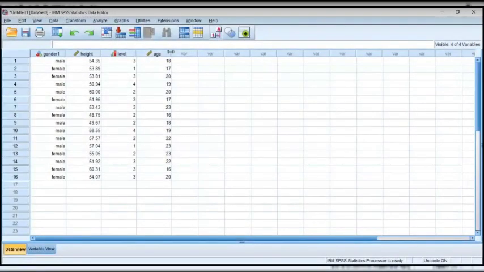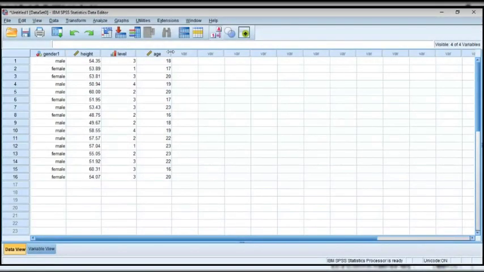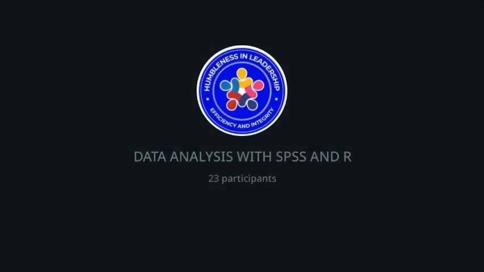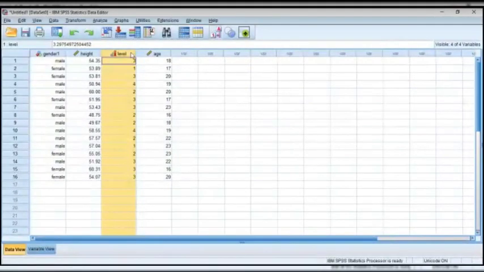Now, there are cases that will warrant us to create dummy variables. For example, level. It has 4 categories: 100 level, 200 level, 300 level, 400 level. Now, I might want to create dummy variables, and if you want to create dummy variables for this particular level, because it has 4 categories, we are going to be creating dummies for how many? For 3. And the last one is going to serve as our reference category. Let's assume we are going to be using 100 level as our reference category. We are going to be creating dummy variables for 3 variables.